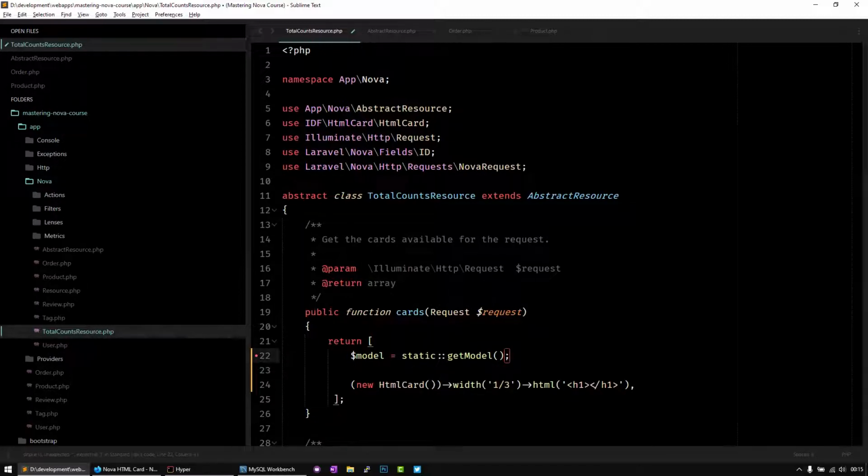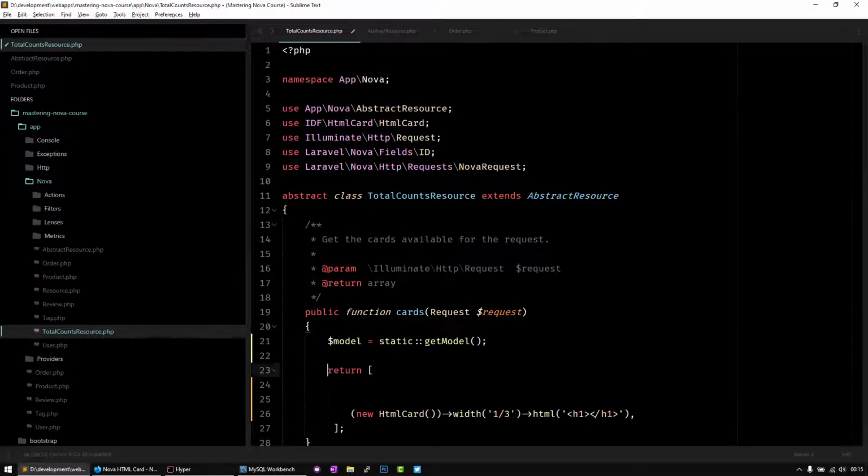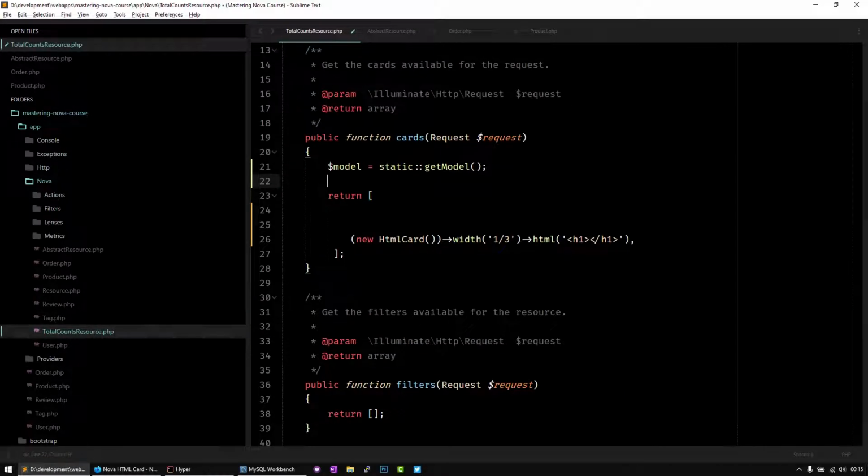Why is it giving me an error? Sorry, because I'm inside the return, right? So I'm just going to put it out. And from here, then we can do some things. So I'm going to put like total. And then